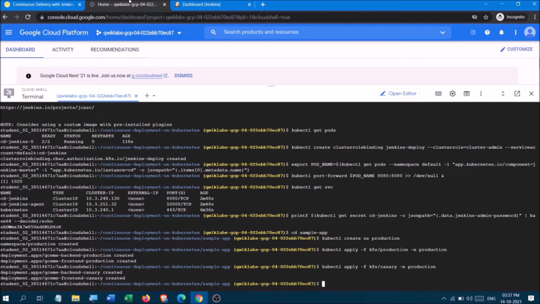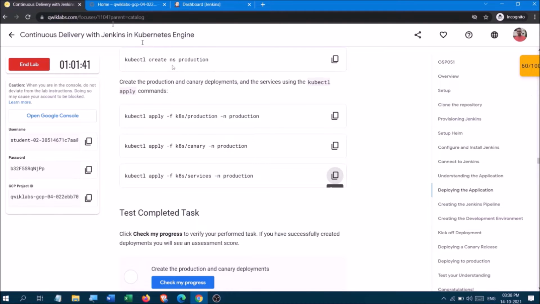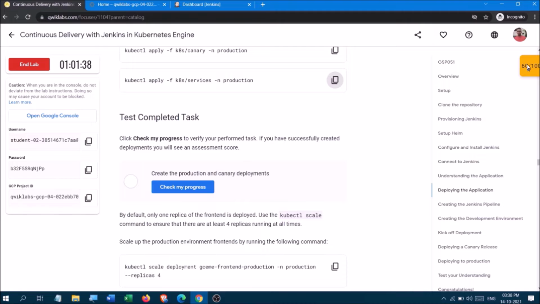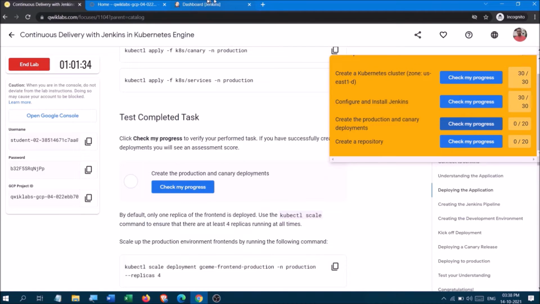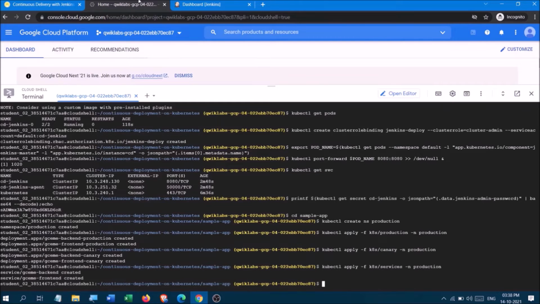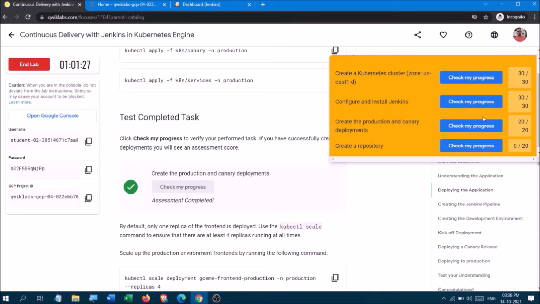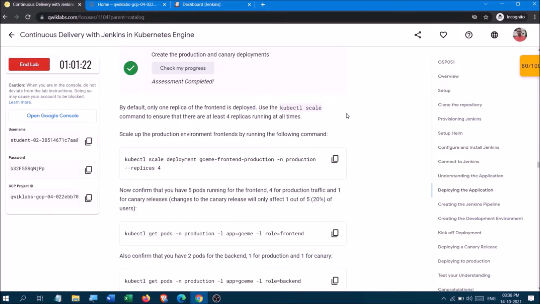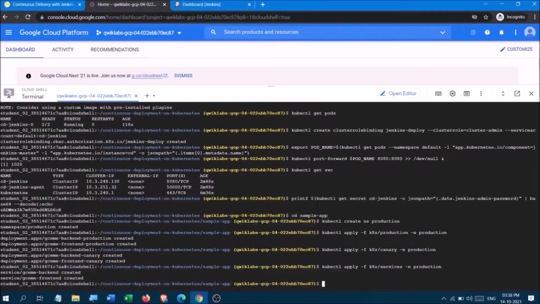Canary is given service, production. Okay, look into your console. Yes, we have completed this. Yes, we have got our 80 points. Okay, copy this again here.